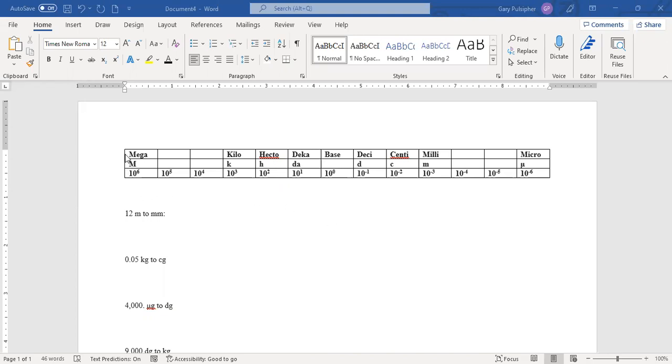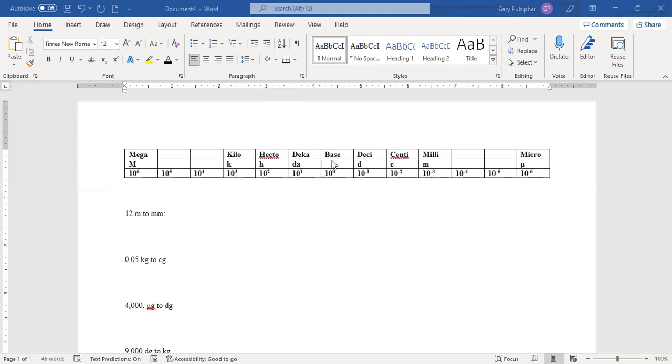You'll notice I have the metric system set up on this horizontal table here versus what we talked about before, having a vertical ladder that goes up and down with the prefixes on it. Setting it up this way horizontally will help you decide which way to move the decimal point when you're doing conversions. This will also help you see how you can just use the exponents to figure out how far to move the decimal. So remember, the metric system has prefixes that tell you how many of the base unit